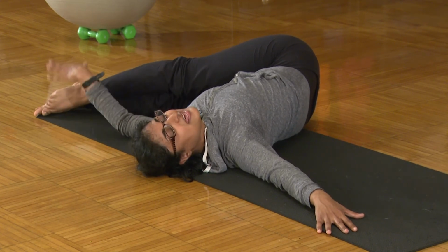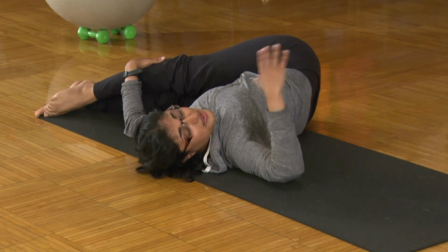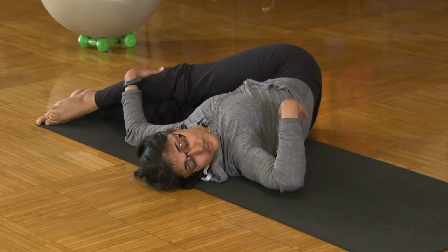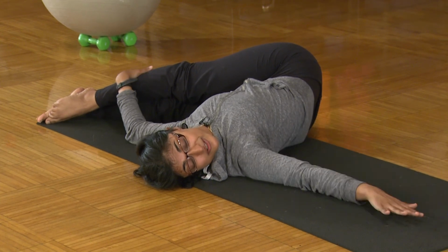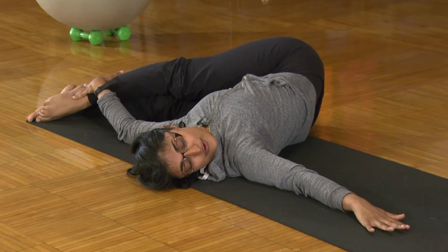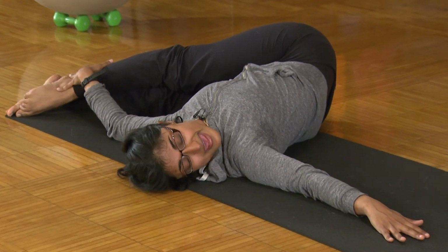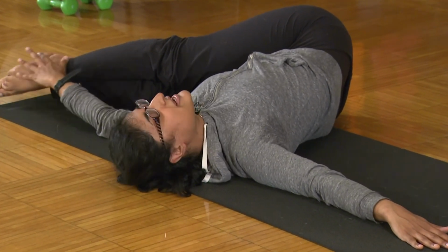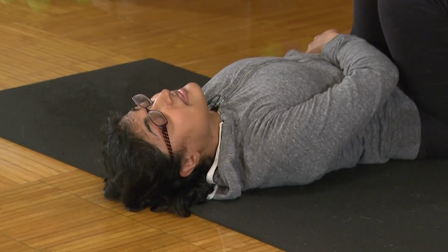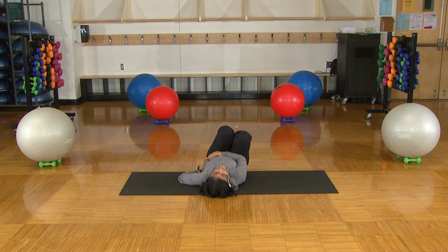Maybe straightening legs, left hand on top. Maybe head turns further to the right side. Enjoying that light twist in your spine. Low back opening, sciatic nerve opening. And then eventually we'll bring both knees back up through center and bringing them close into our chest once more,